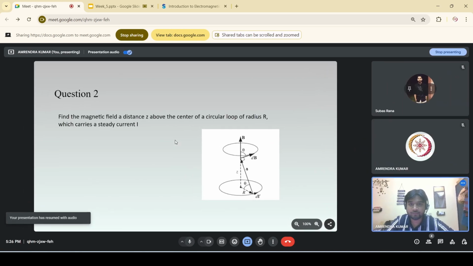क्वेश्चन नंबर 2 इज द फॉलोइंग: find the magnetic field at a distance z from the center of circular loop of radius r which carried the steady current I। तो सबसे पहले हमें क्या करना है, क्वेश्चन टू में हमें सबसे पहले एक सर्कुलर लूप लेना है, और उसके बाद इसकी वजह से हमें एक जेड डिस्टेंस पर मैग्नेटिक फील्ड कैलकुलेट करना है। तो अभी जैसे थोड़ी देर पहले हमने देखा कि एक लाइन एलिमेंट की वजह से